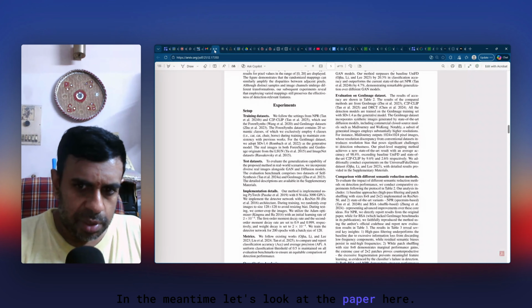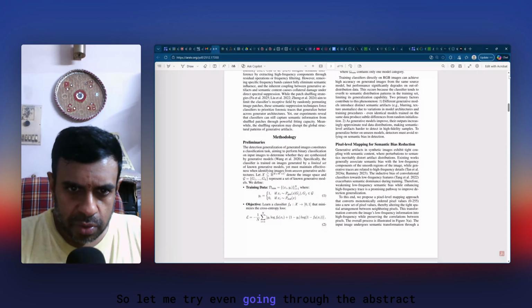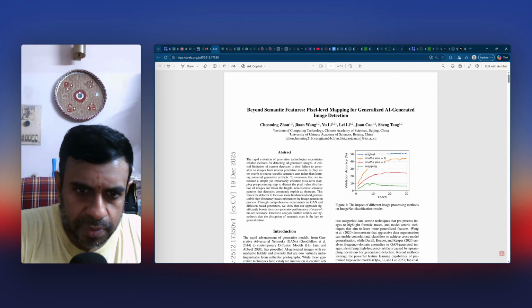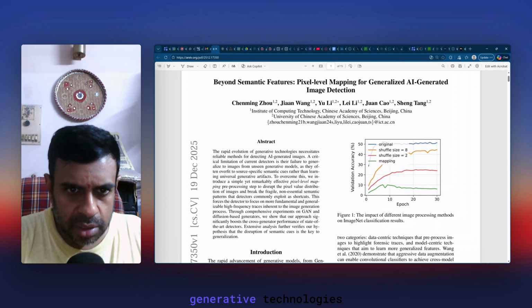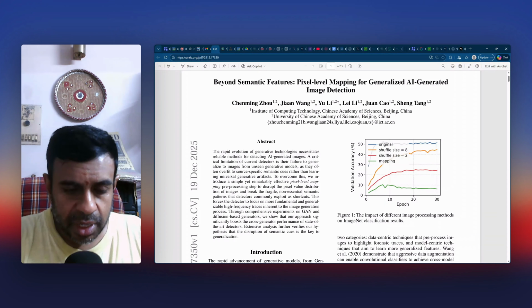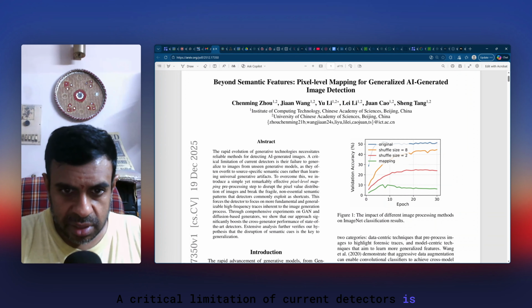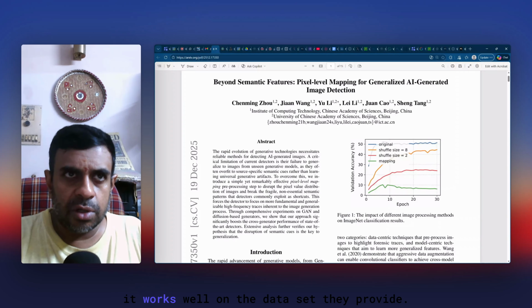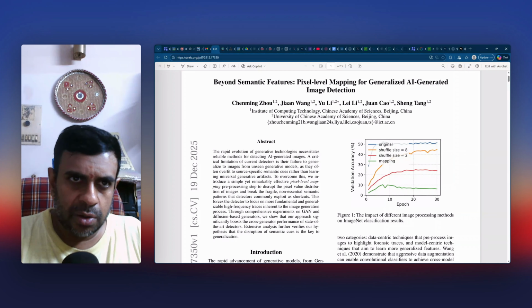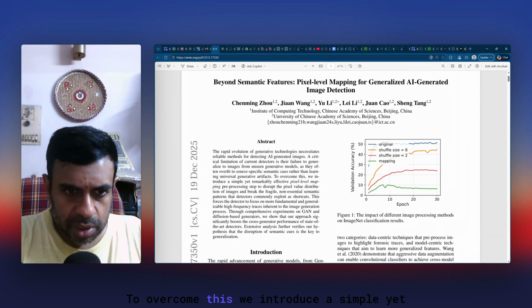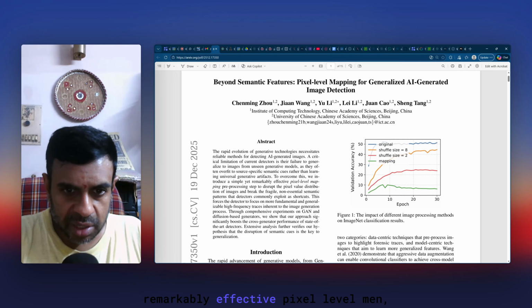In the meantime, let's look at the paper here, right? So let me try even going through the abstract first. That may give you some kind of information. It says the rapid evolution of generative technologies needs reliable methods for detecting AI-generated images. A critical limitation of current detectors is their failure to generalize to images from unseen generative methods. This is very true. I've seen it from my own research. It works well on the data set they provide, but if you wanted to generalize beyond that, it's not going to be that easy. To overcome this, we introduce a simple yet remarkably effective